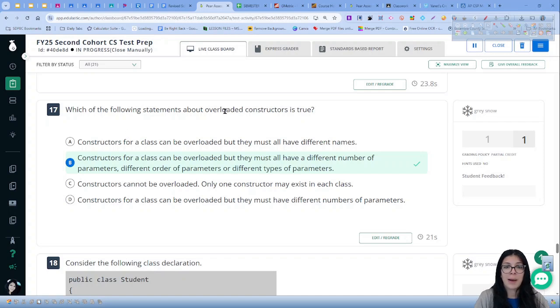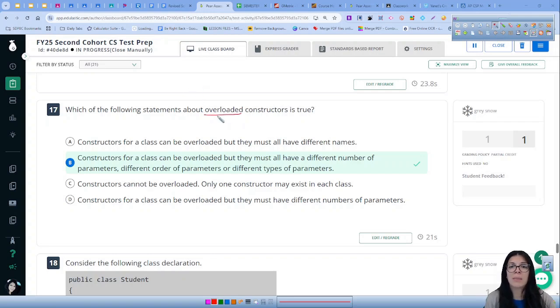Which of the following statements about overloaded constructors is true? Remember that overloaded means having more than one version, or more than one way that you can call that method or constructor. Having an overloaded constructor means that we have more than one way or more than one version that we can create the object, so that we can pass in different data depending on, do we want to